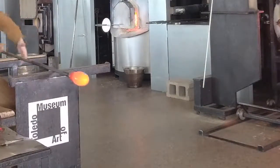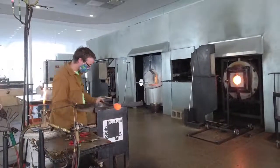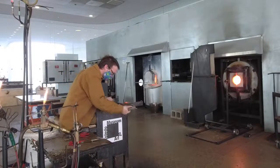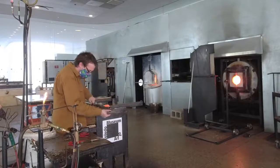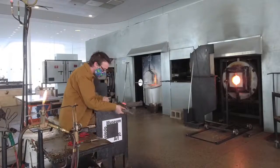Sandy's giving it a little bit of air and we can start to see it inflate. The cool thing about color bar is that it's going to make this object look like it's all one color. So we're sort of taking advantage of the optic properties of glass. If you were to buy something made in our studio and then smash it into a billion pieces, you can